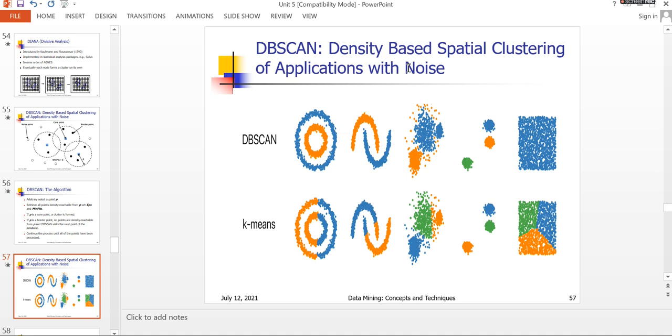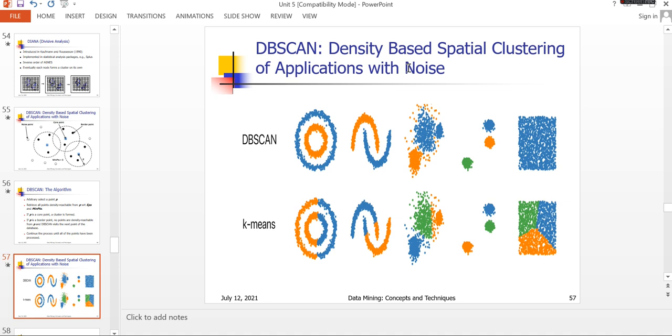Why? Because k-means will not support a V shape. If it gets a V shape, it will not support it. It will be a round shape or some other shape only. First half is one circle shape or round shape or some other shape. So it will not support the V shape. That's why we cannot form accurate clusters in the k-means algorithm when compared with the dbScan algorithm. In dbScan, it will support one cluster within another cluster. We can also divide it easily.